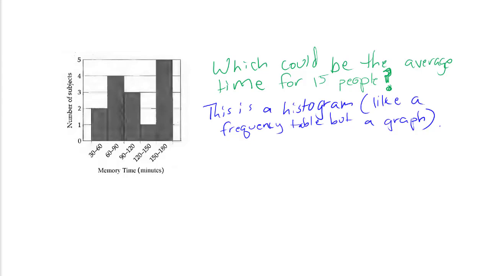Okay, which of the following could be the average time for the 15 people shown in the histogram? Well, this is a histogram, so it's very much like a frequency table. If I want to calculate an average, I've got to calculate a sum divided by a count. But remember, my sum is actually going to be the product of the number of values times the category value,